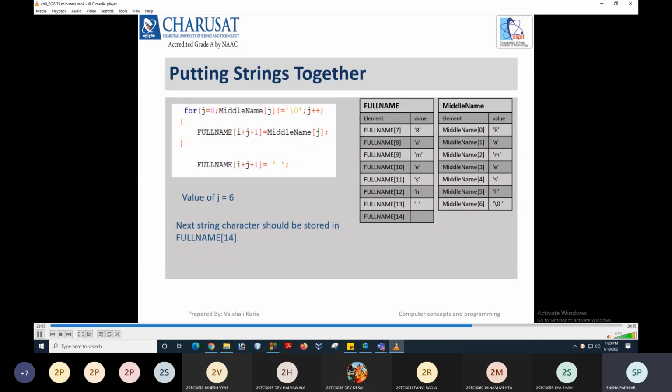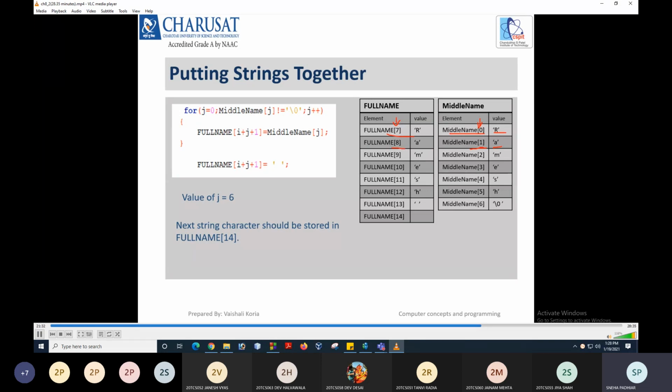Here you can see that middle name of 0 is R, middle name of 1 is A, so the indices start from 0. But the place where we have to store the characters of middle name, the indices start from 7. So middle name of 0 should get stored in full name 7, middle name of 1 should get stored in 8.